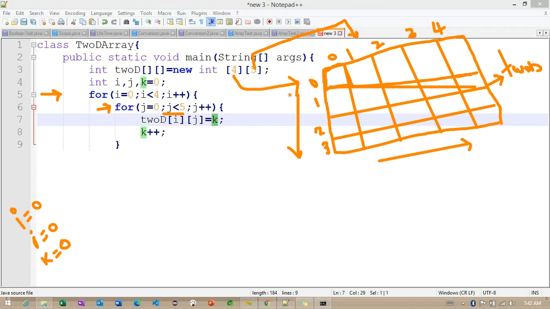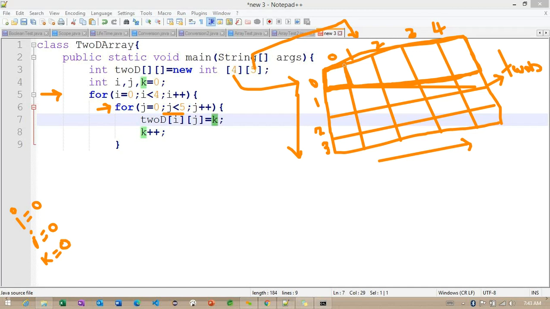So where exactly do we need to point? I is indicating this particular row, it's nothing but the current row here. And the same way J is also pointing to 0, which is the same 0 column.